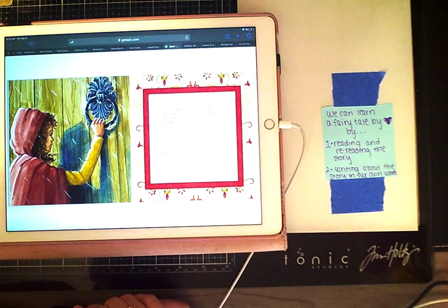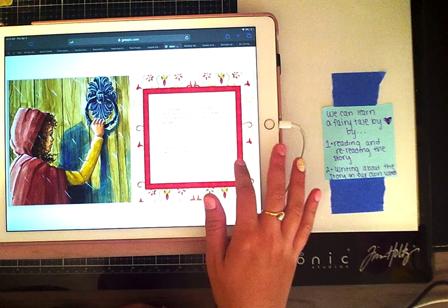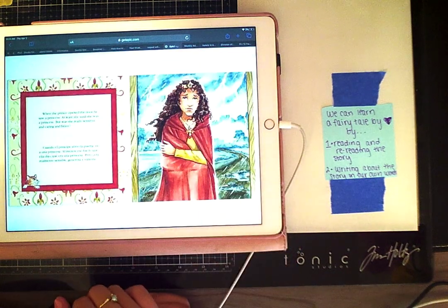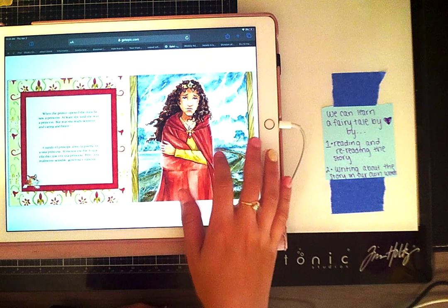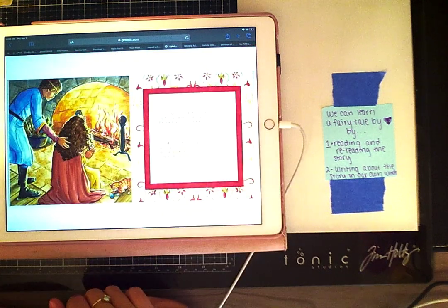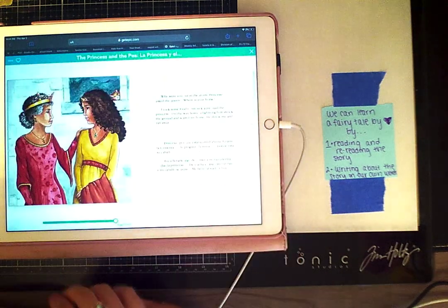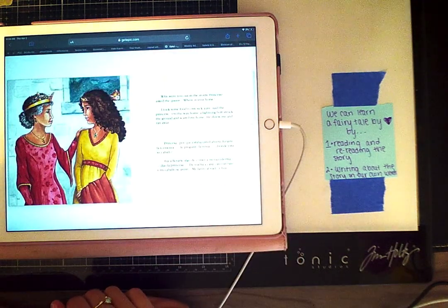One night when the wind was howling and the rain was beating against the castle doors, there was a loud knock at the door. When the prince opened the door, he saw a princess. At least, she said she was a princess. But was she really sensitive, brave, and caring? It's very cold outside, said the prince, and you are very wet. Come inside and sit by the fire, and I will get you some warm food to eat. Why were you out in the storm, princess? Asked the queen. Where is your horse?